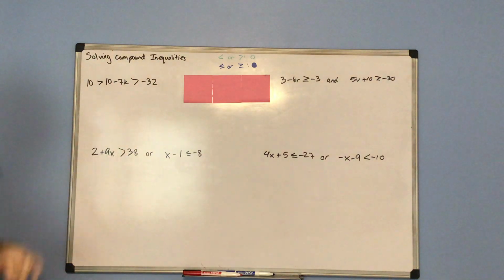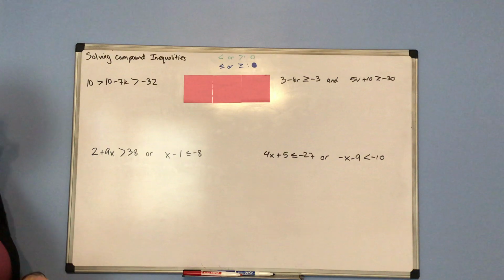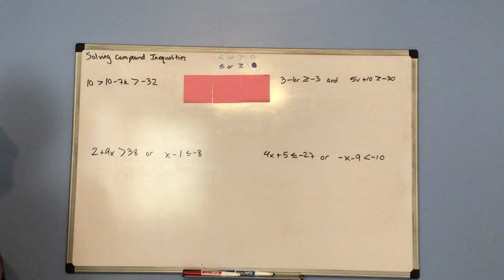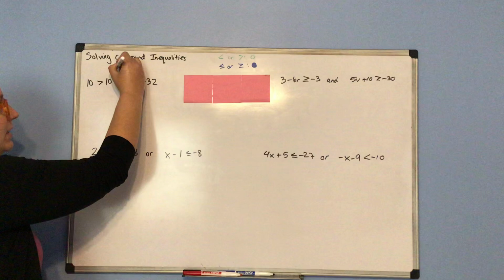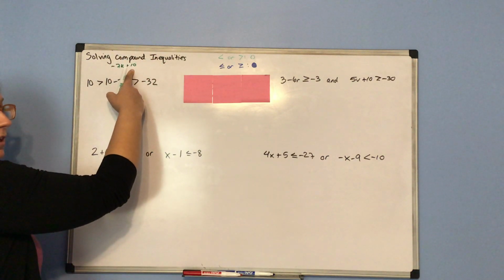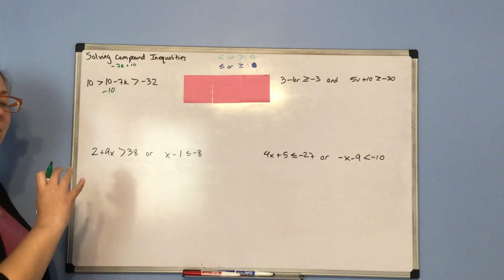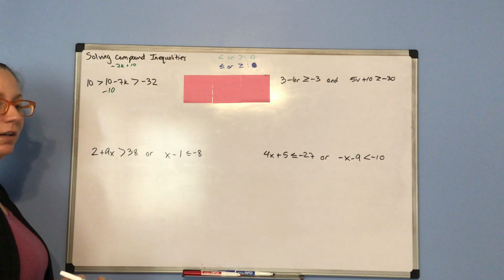Sometimes your inequalities are written as one big long string like this. The goal, like usual, is to get x or k or whatever it is by itself. So we need to undo whatever was happening to our variable. 10 minus 7k is the same as negative 7k plus 10. We need to undo that addition of 10 first, so I need to subtract 10. But instead of thinking everything I do to one side of the equation, I do to the other,